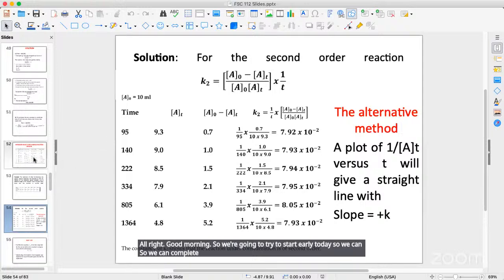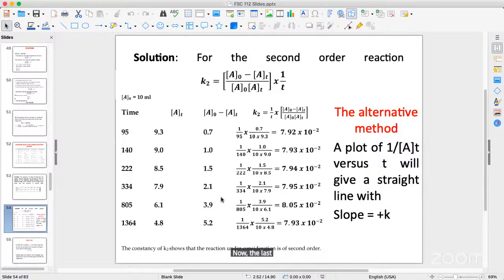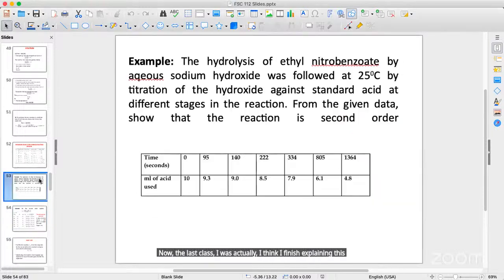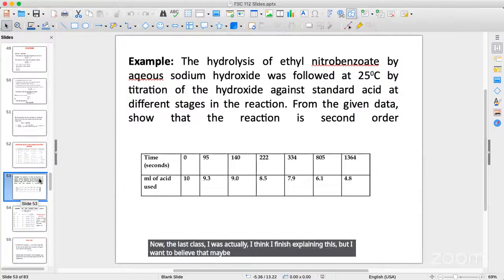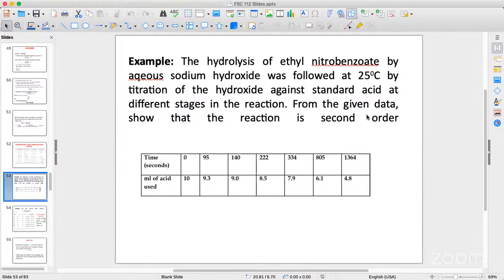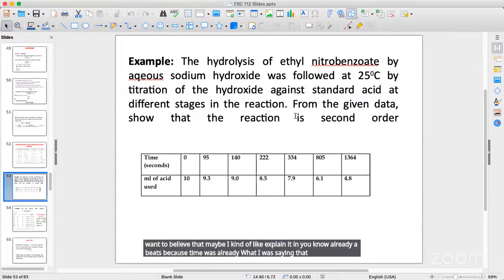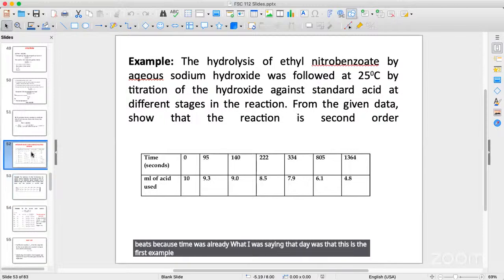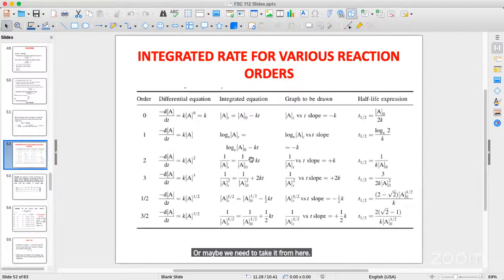Now, the last class, I think I finished explaining this, but I believe I explained it in a bit of a hurry because time was already spent. So what I was saying that day was that this is the first example, or maybe we need to take it from here. That for integrated rate law, what you use it to do